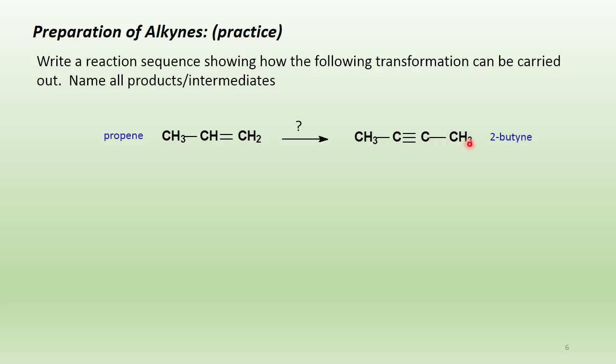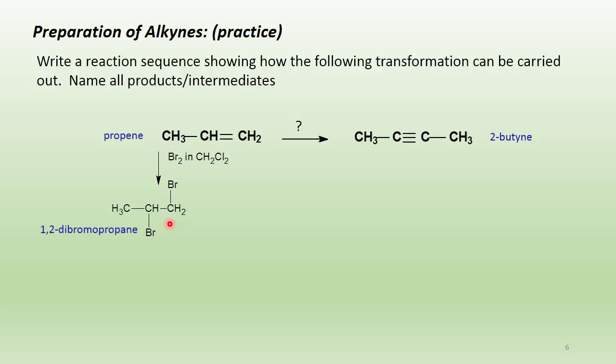How do we add an alkyl group? Well, we add an alkyl group to an alkynide. So this has to be converted into an alkyne and then deprotonated to an alkynide. How are we going to convert this to an alkyne? Remember, the first step is halogenation. So either chlorine or bromine in dichloromethane will give us this intermediate,